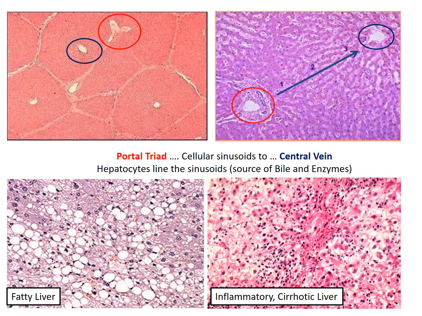So here we can see the normal liver at the top two photos, showing you the portal triad and the central vein. And again, reviewing for you how blood moves from the portal triad to the central vein. In the lower picture, you can see the early stages of alcoholic liver disease, which is the accumulation of fat, developing the fatty liver, and then inflammatory processes begin, which start to lead to the